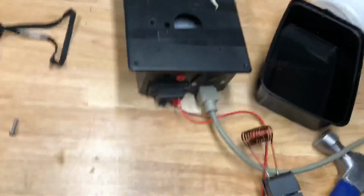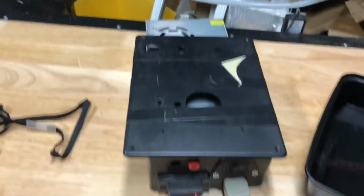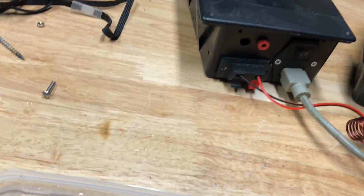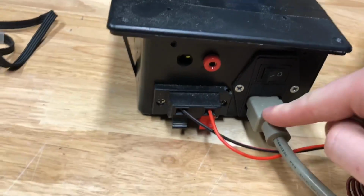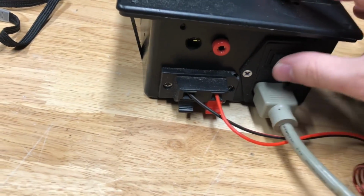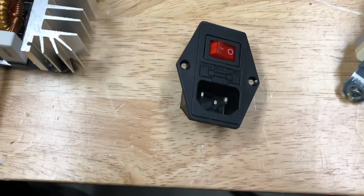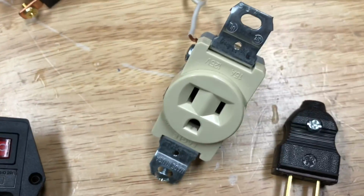Let's run over the basics of my old 12 volt power supply. I just kind of jerry-rigged together this plastic box that I had lying around. I just cut a hole in the back so it would fit. But the main component that I want is to have this feature right here, and that's a switch. This takes the 120 volt input. You've got a switch, it's also got a fuse, and then we're going to have some sort of power output here. So I've got a 120 volt inlet, fuse, and switch, and for its output,